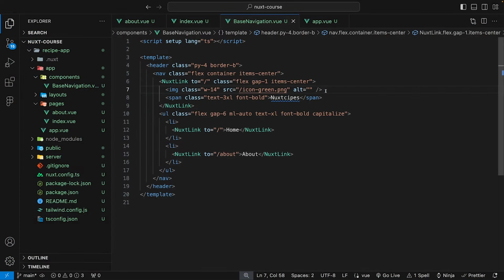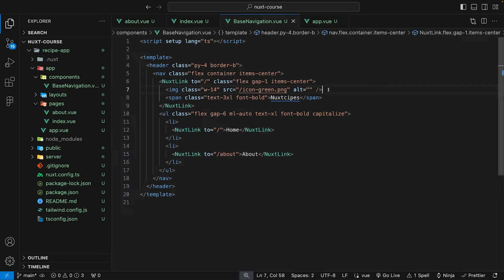Now, having good performance on your application is an important part to making it successful. Now, oftentimes one thing that can cause performance issues are images, as images tend to take up a lot of data that a user has to download. And if there's a lot of data that you need to download on a certain page, that can impact your page's or application's performance. And one way that we can improve the performance of images within our Nuxt application is using a component that is provided to us by the Nuxt image module that we installed a few lessons ago